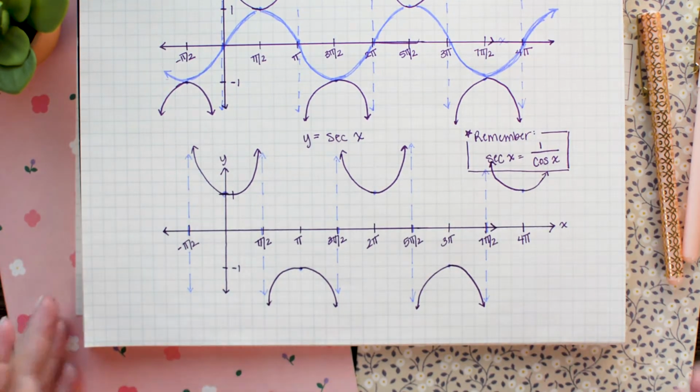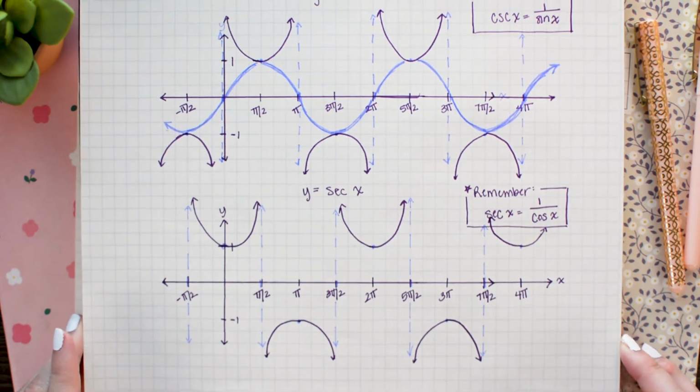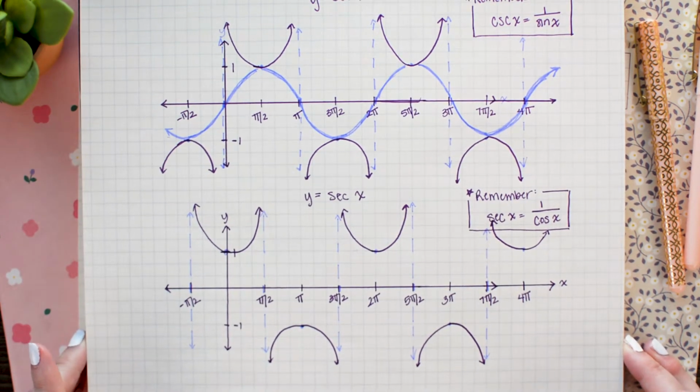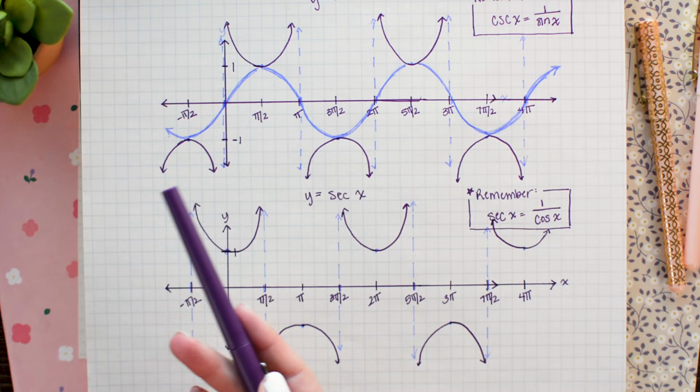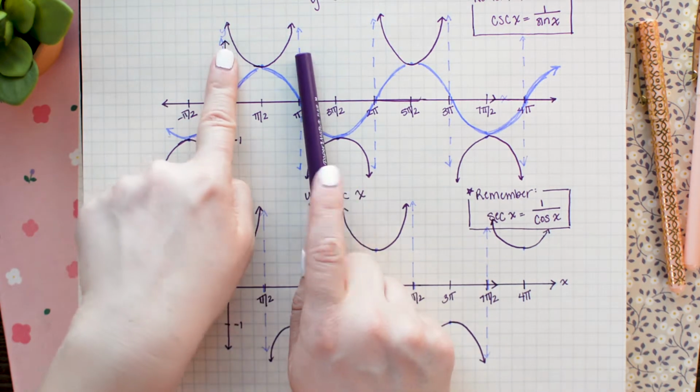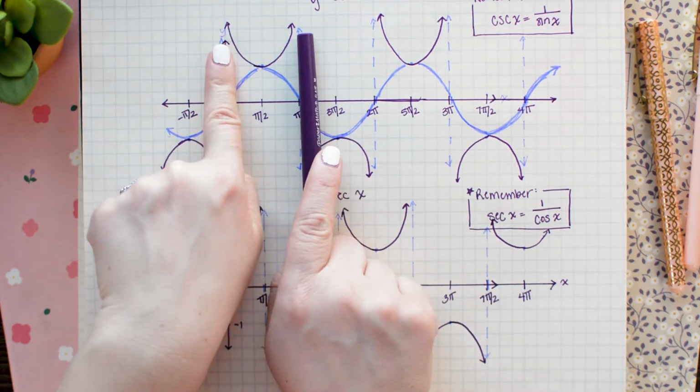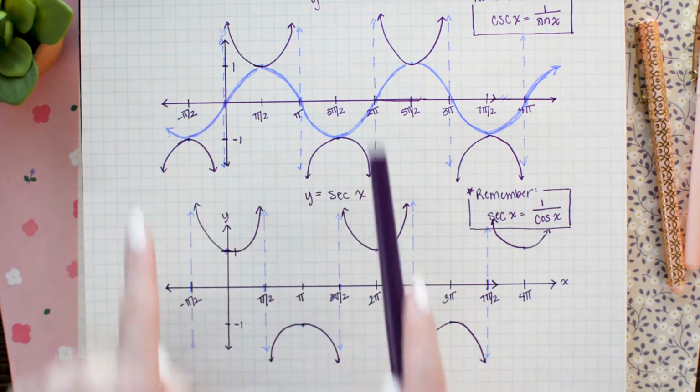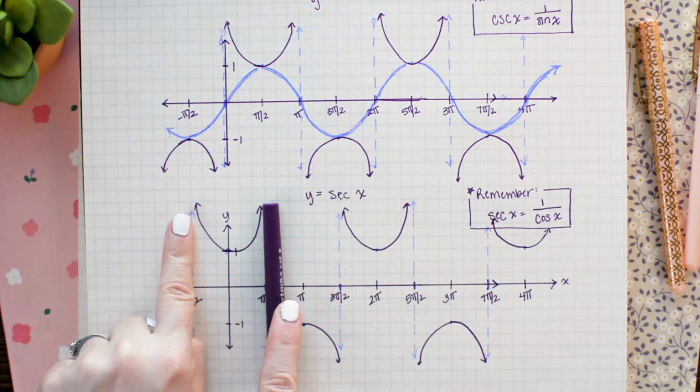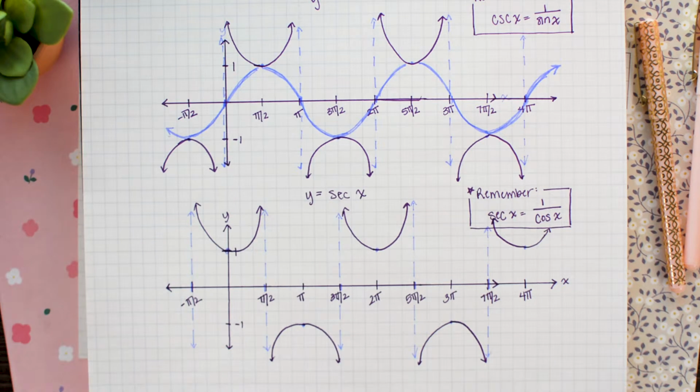So here I have my secant graph, and as you can tell, it is a lot like my cosecant graph. It's just shifted over a bit. See how here my first curve was to the right of the axis, and here this first curve splits the axis. So much like how sine and cosine are essentially the same graphs, just shifted over a bit, so are cosecant and secant. And just like our cosecant graph, I can go ahead and connect the dots and fill in